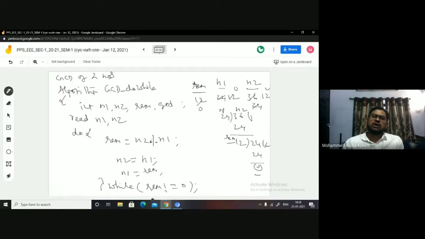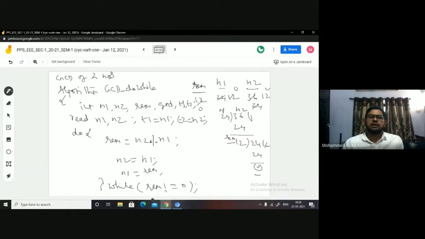In order to have the original values available after I found the GCD, I will take two temporary variables here, T1 comma T2. Immediately after I read N1 and N2, I can assign N1 to T1 and N2 to T2.